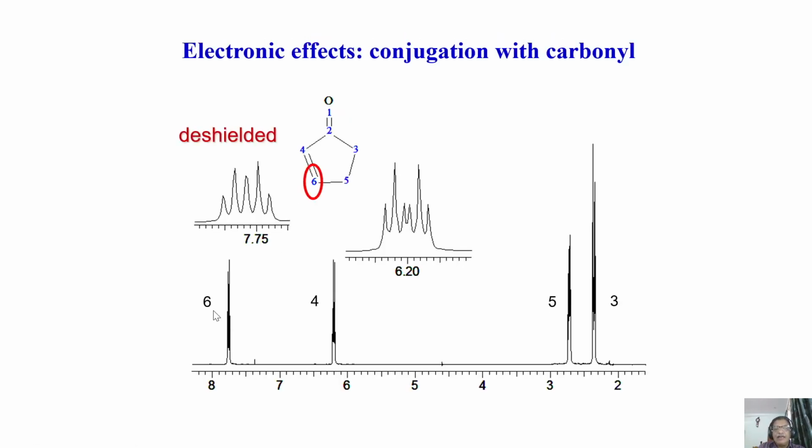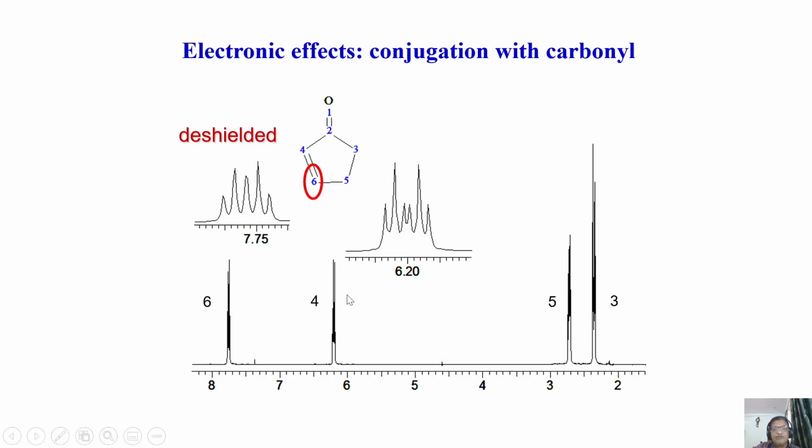And the electronic effect can be seen with a carbonyl group. If a carbonyl is attached here like this, you see what is going to happen, how the protons get, this proton is more de-shielded. Of course, there's a double bond here, you can see that, whereas this proton on the other hand moves to 2.8 ppm. See the difference, how these electronic effects can drastically change the chemical shifts, especially when you are conjugated with a carbonyl group.